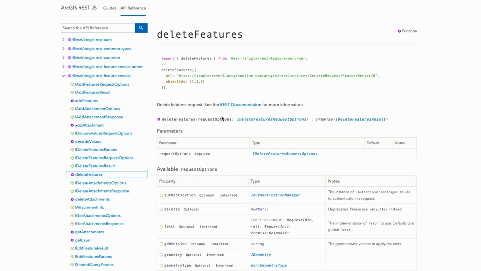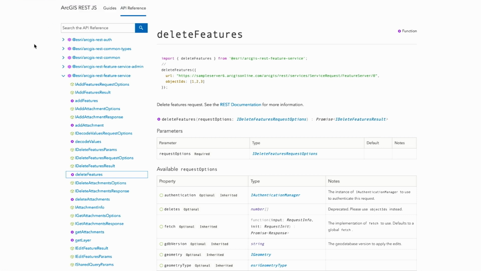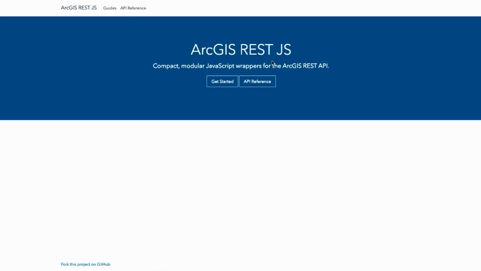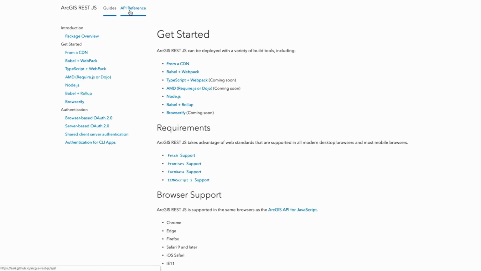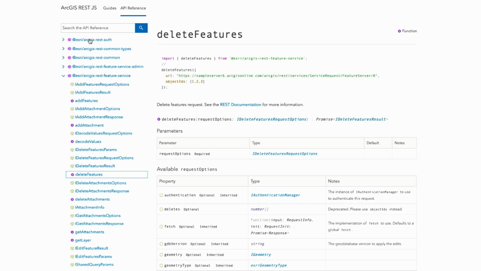I think it's important to see what this looks like in the docs. I'm full screen, but he shared the link before. It's on GitHub, and we host the docs on GitHub Pages. The website has a homepage, and there are basically two components: the API reference and the guides. In the API reference for deleteFeatures, we've got a little handy search. You can see that the deleteFeatures method lives inside the REST feature service package